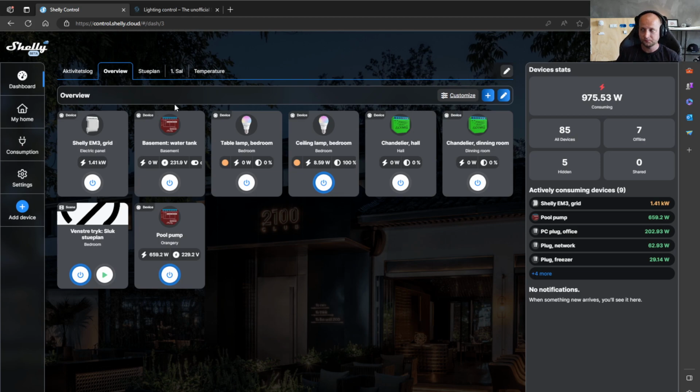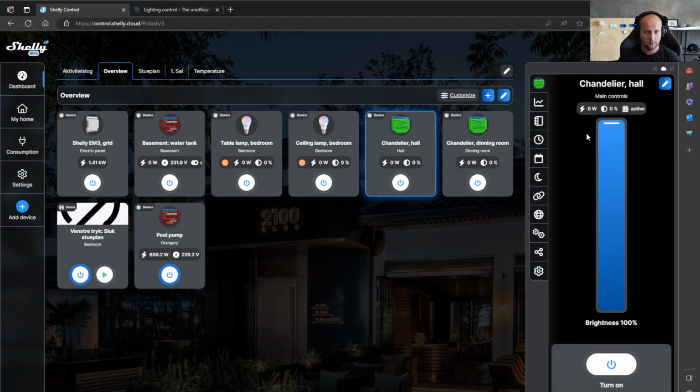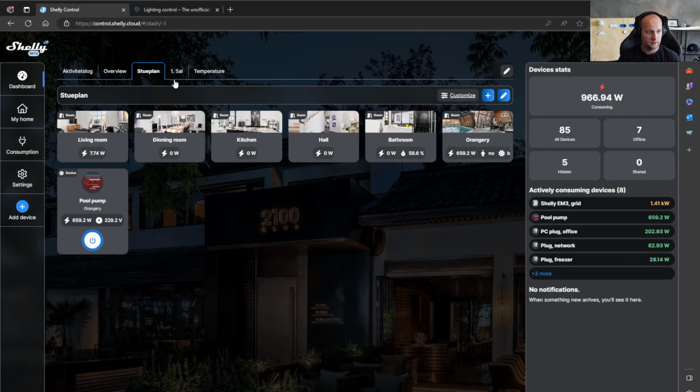When you log in, you see the dashboard here. I have made 4 dashboards. You can make up to 5 dashboards. I have one overview with my most commonly used devices, and I can easily turn them on and off. From here, I can press the dimmers and start controlling the dimmers. I have my ground floor, my first floor.